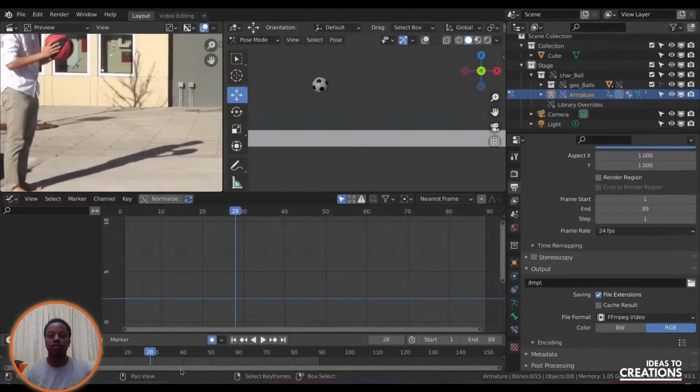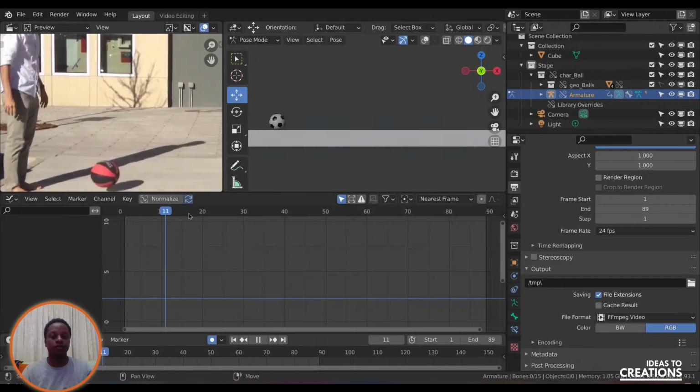So cool, it's looking like a legit bouncing ball so far. Still some weirdness here. I feel like around here it hits a wall that's now forcing it to come back down. And there's also a bit of a slide over here. It slides just a little bit when it hits the ground. So maybe I can try